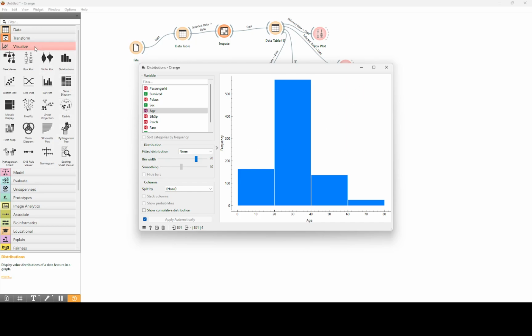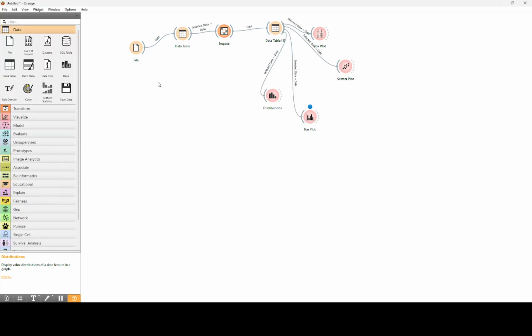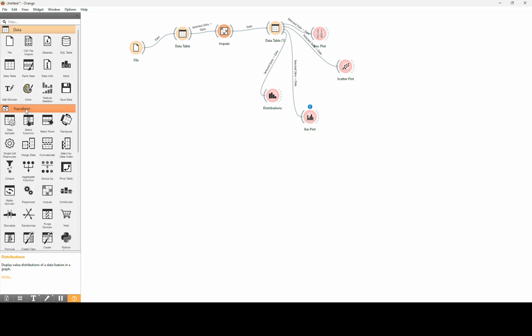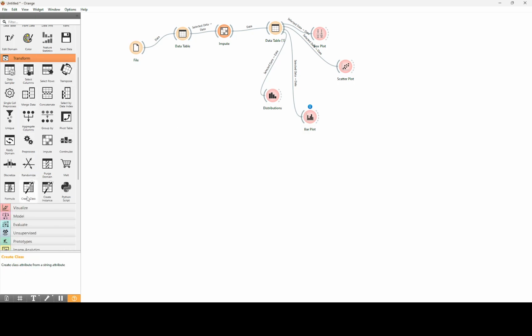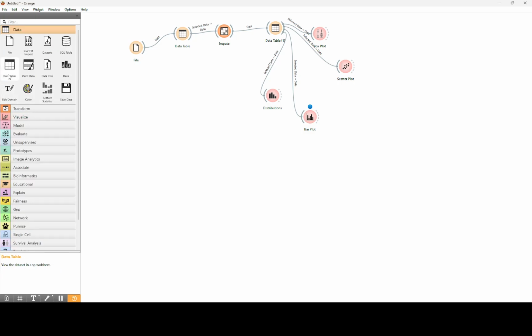So these are some fundamentals of the Orange data mining tool, in which we have seen how to embed the data, right? And after that, we can transform the data, and then how we can visualize the data. Another important thing here: if you want to change the data type of any data, for that we use edit domain.